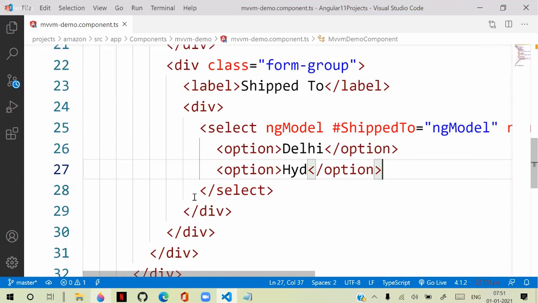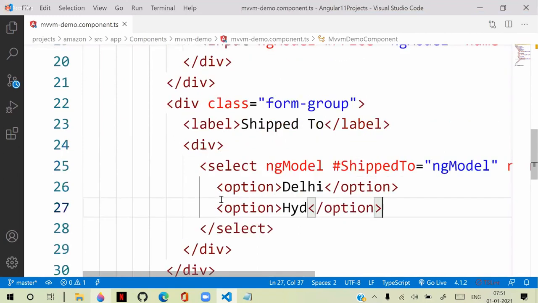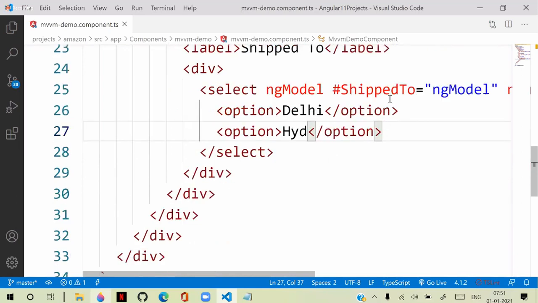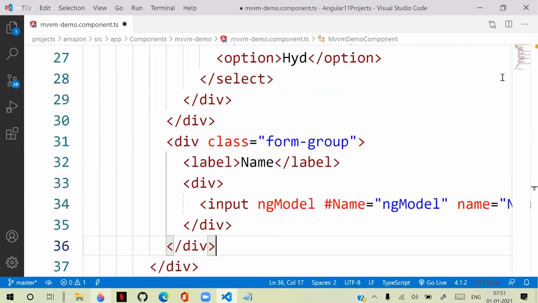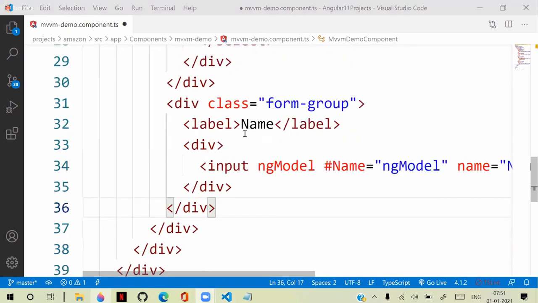Now the same we need for another. So here we need for another, and that is the text box. They need to be the same. That is what the model reference is, right? Yeah. So here we are defining